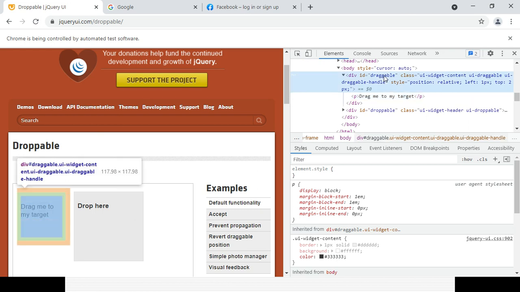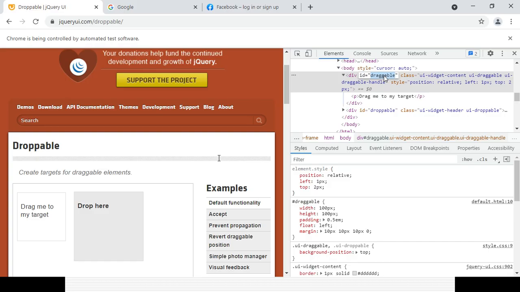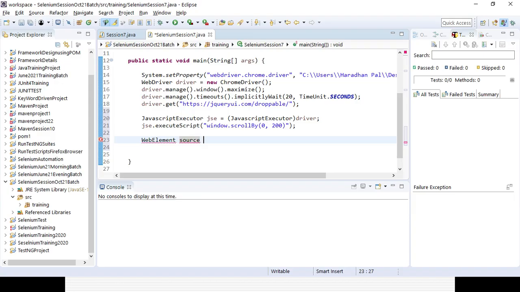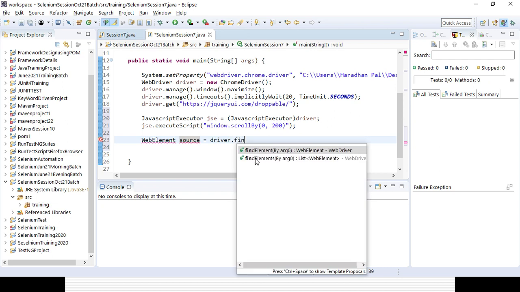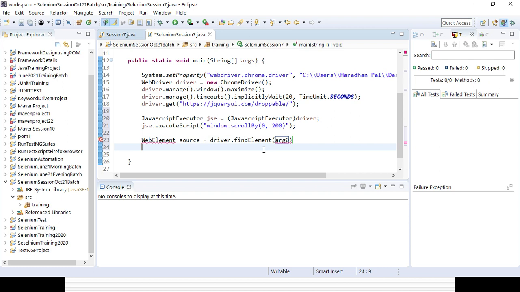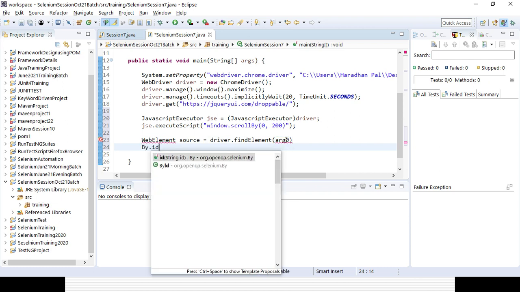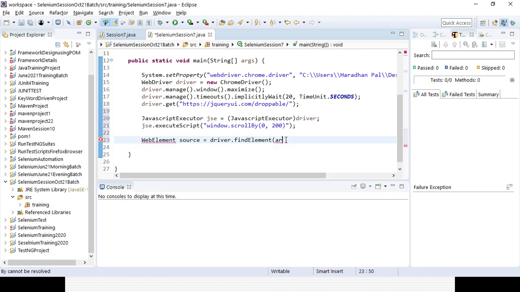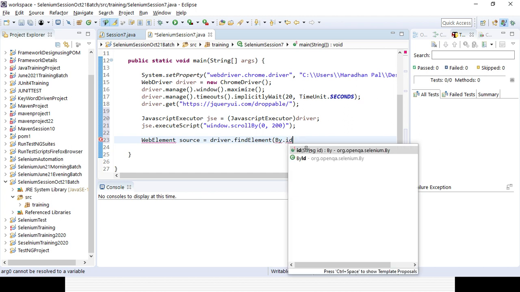So with the help of the draggable ID, I can identify it. So WebElement source equals driver dot findElement, and then with the help of By dot id, I can give that ID here.